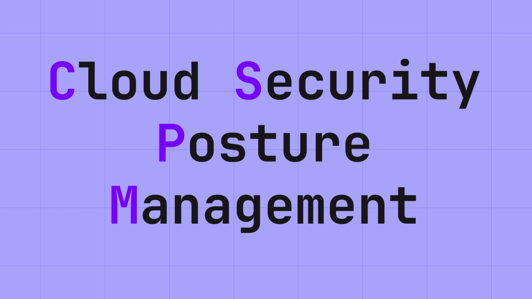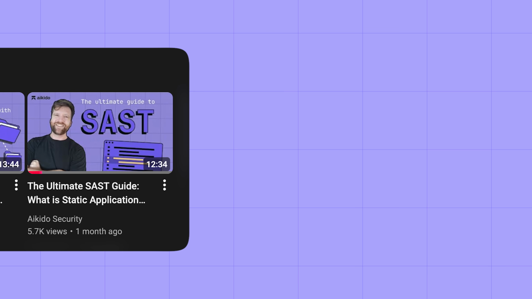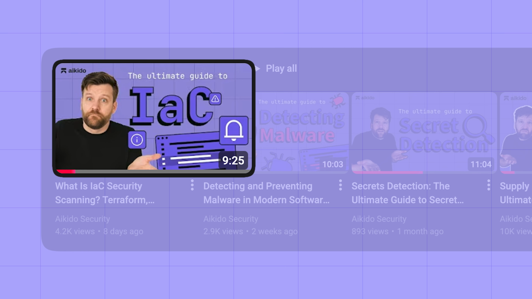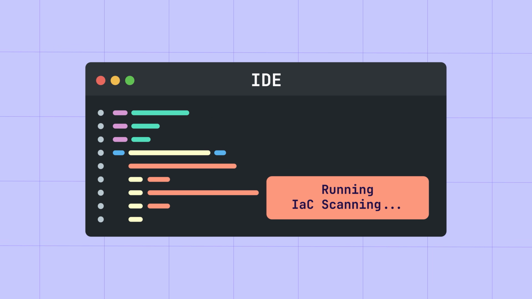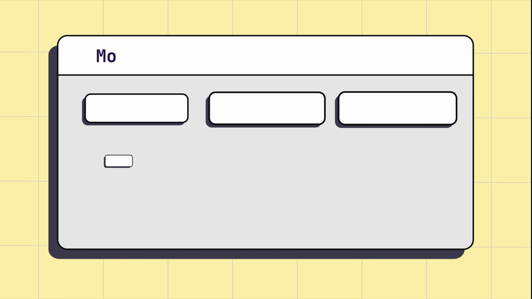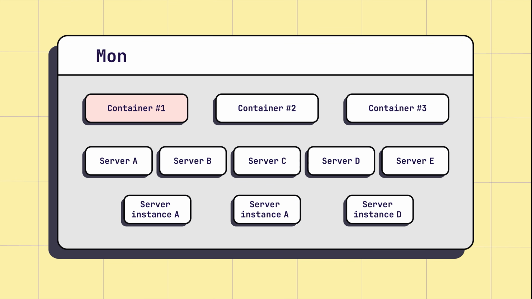So as I said, CSPM stands for Cloud Security Posture Management. And it's essentially looking at our cloud environments and determining if there's any security issues in there and giving us the overall security posture of our cloud environments. Now, I've done a previous video on something called infrastructure as code scanning, and this is kind of similar in that infrastructure as code scanning looks through the code that we write to deploy our infrastructure and identifies security issues with it. The difference with CSPM is that CSPM isn't looking at our code, it's looking at our actual